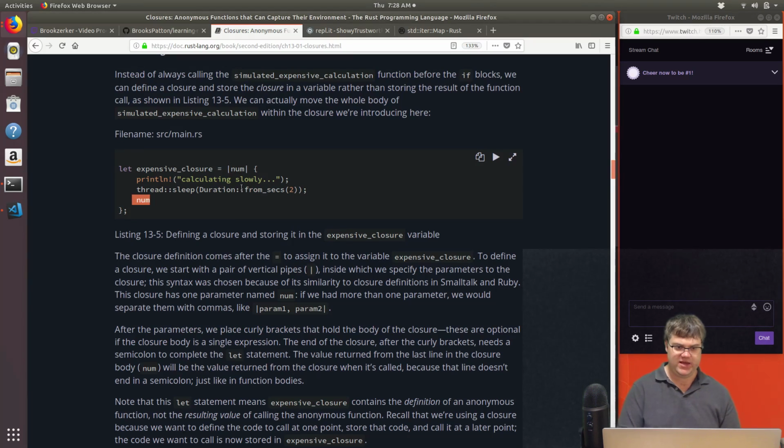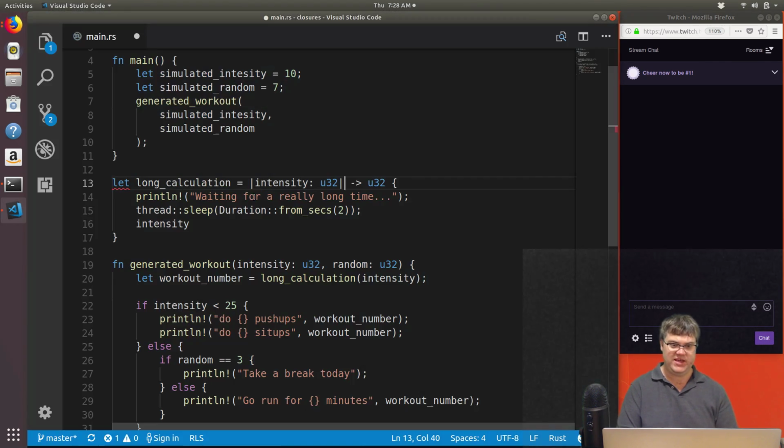Now I can't remember, it's just a number, so we can't deal with U32 or anything. This is really just going to be intensity here. We're not going to say what we're going to return. Instead, we're going to close with here. All of this stuff is the same, and then we return the intensity. And then we close with a